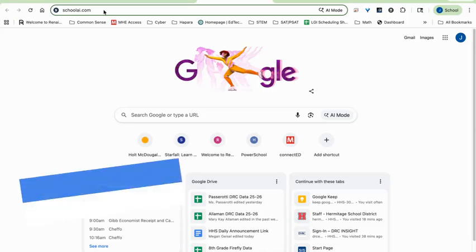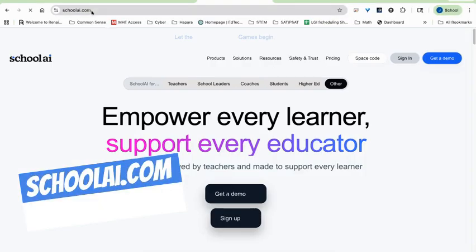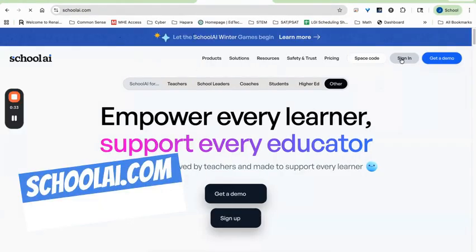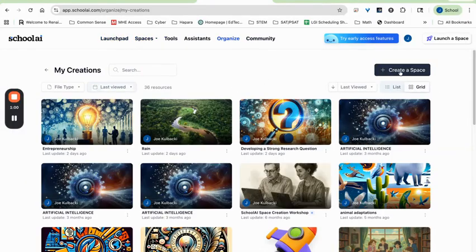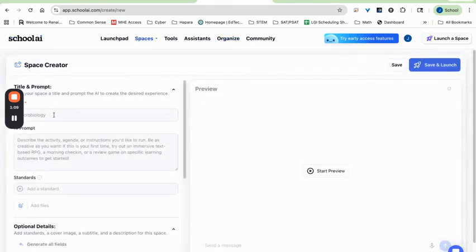So first thing I'm going to do is go to schoolai.com. And once you get here, you can just click sign in. And once you're in here, you have all these options up top. So I'm going to click on spaces. I'm going to click on create just so I can show you how you would create one on your own. You can click on create a space. You could also go to discover and see if there's anything already created that you wanted to search for. So for this one, I'm going to type in